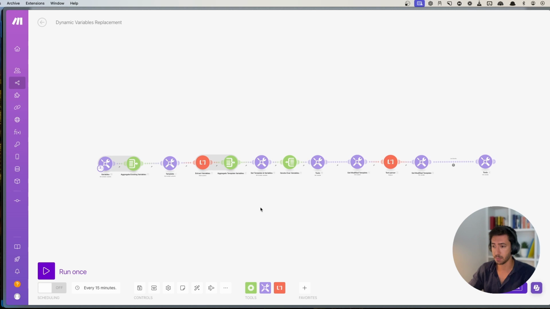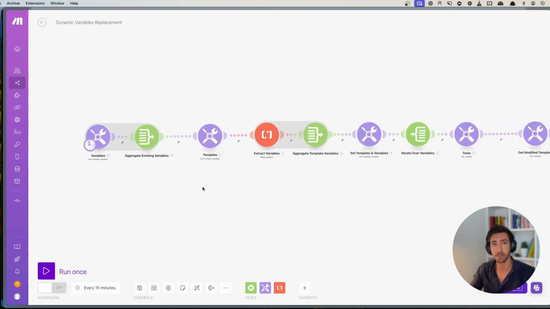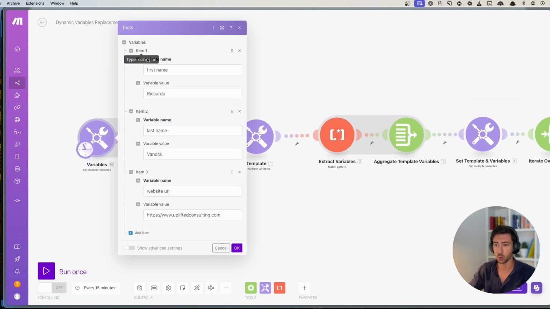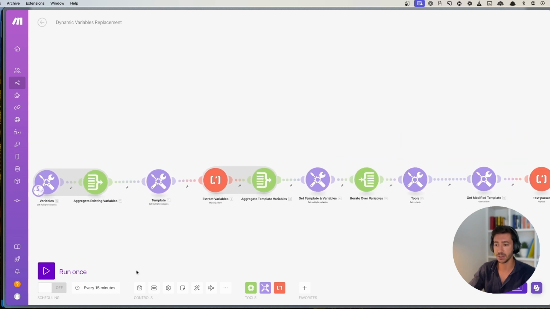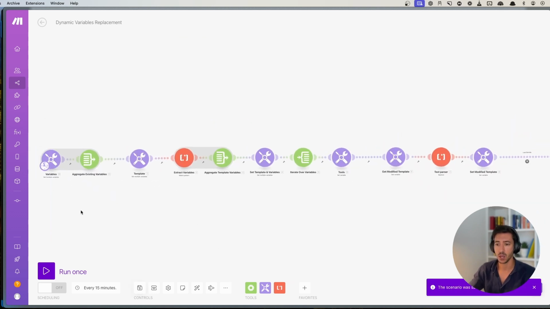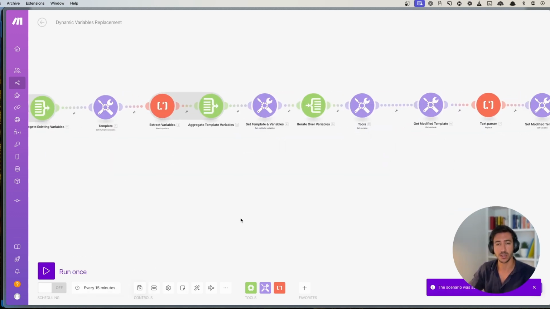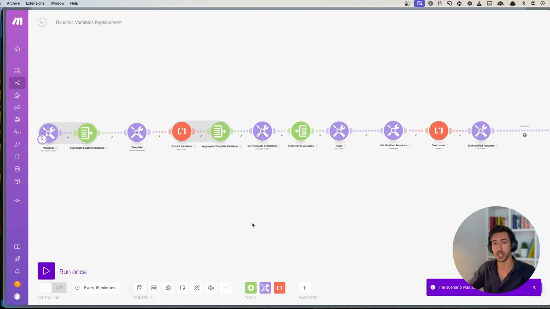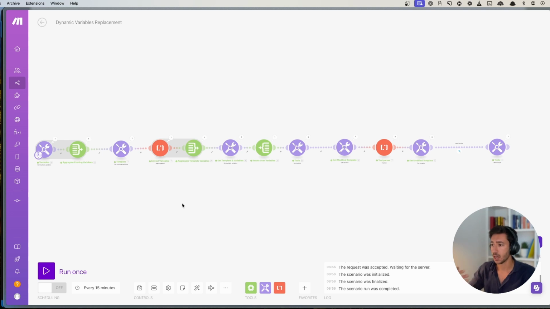This is an example of a workflow where we need to perform dynamic variable replacement. In this workflow, we have different variables, we have a template over here, and at the end, what we need to do is change the variables in the template with the custom variables that we set over here. This is a small snippet of a more complex scenario, but I want to use it to showcase what the goal is. So in order to run this,